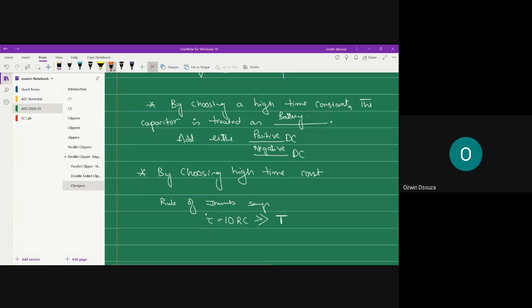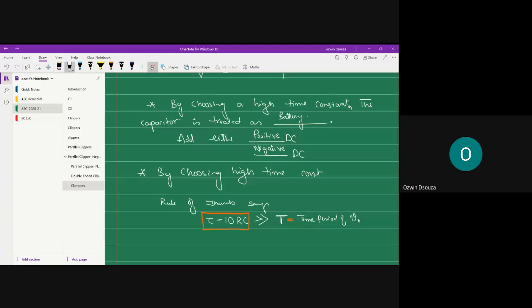What is tau? Tau is the time constant. So this tau should be very much greater compared to capital T, which is nothing but the time period